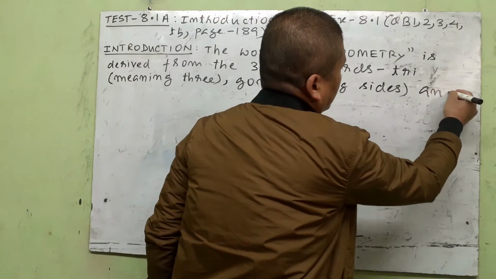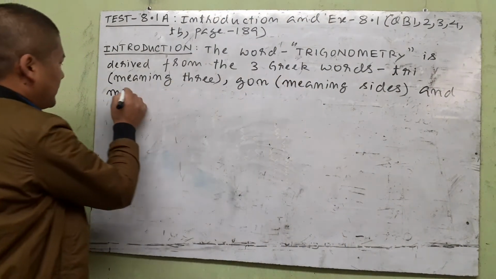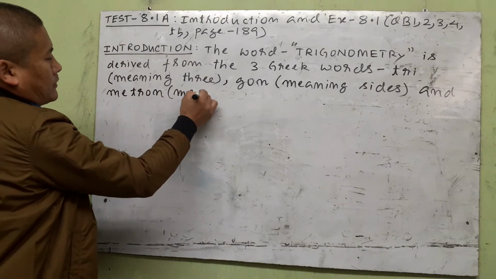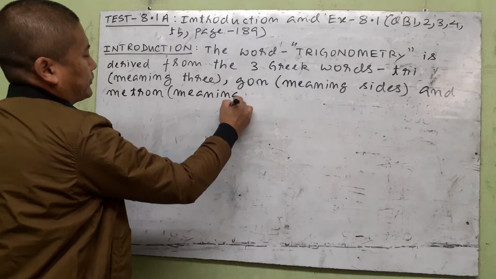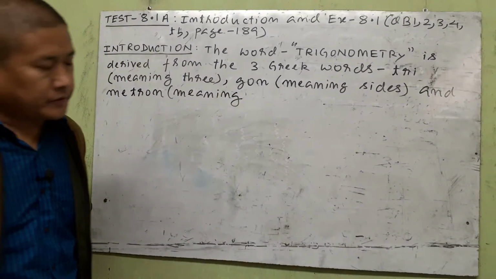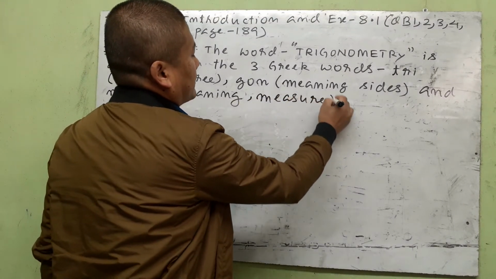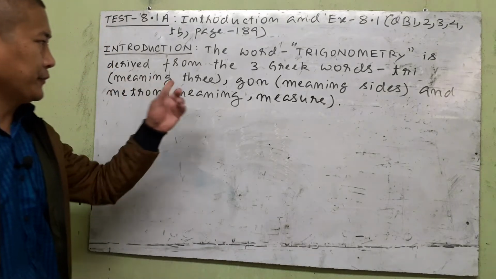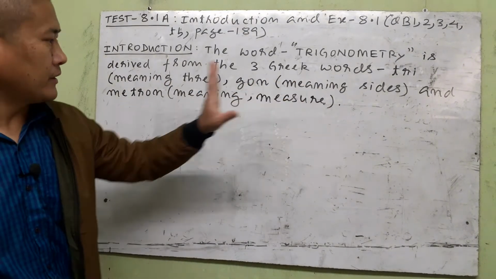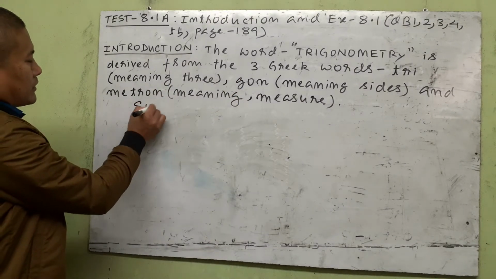And the third Greek word is metron, simply meaning to measure. So when we combine these three Greek words, tri, three, gon, meaning sides, and metron, measure, we can therefore say,